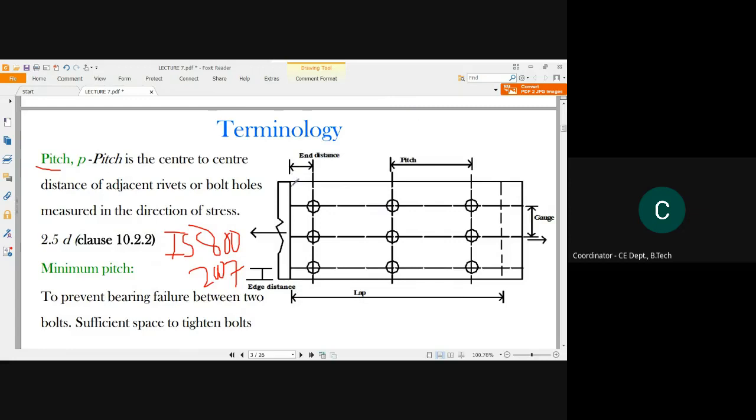So what is pitch? See, this is a section, and here this is the continuing part. This has been connected with another member. Say a member is connected in this way. So where would the fastener or the bolt be connected? This will be the place of connection, right? So this part has been shown in this diagram. Which one will we call the pitch distance? The pitch distance will be, say, this.